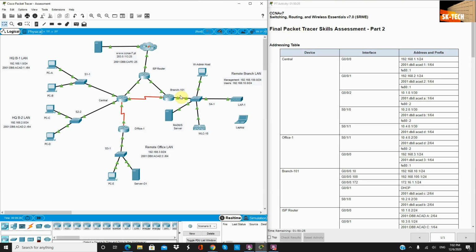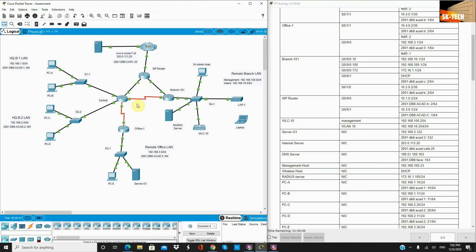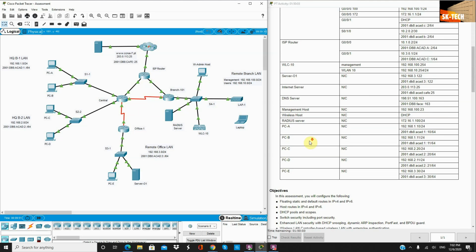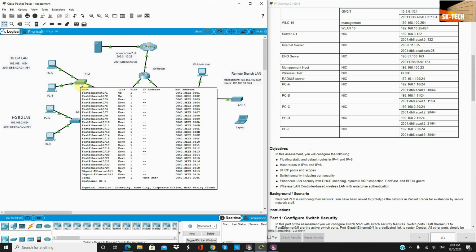Today we'll work on the final Packet Tracer skills assessment part 2, and we will do the configuration for the devices in this topology. For the following, we will work on the default route, floating route, and static route for these routers. And also we will configure the host routes for this network, especially for this server, and also we'll define the DHCP pool and configure it, as well as do the security for this switch, especially for